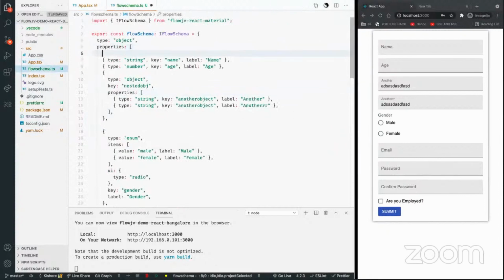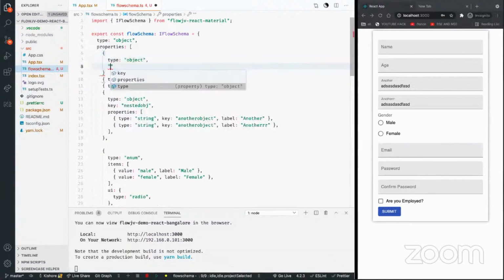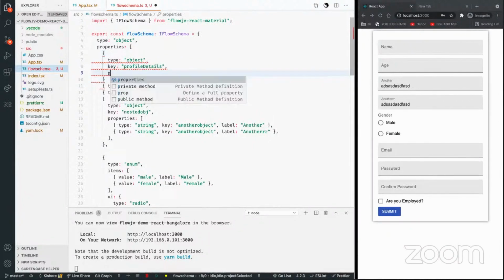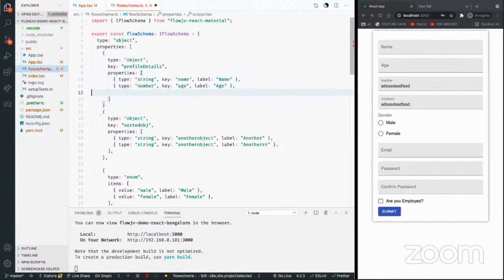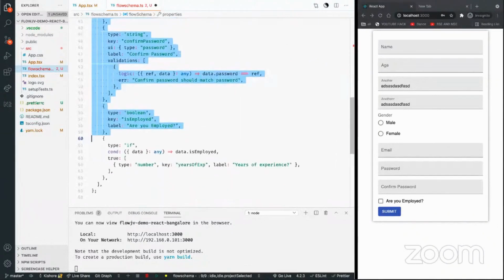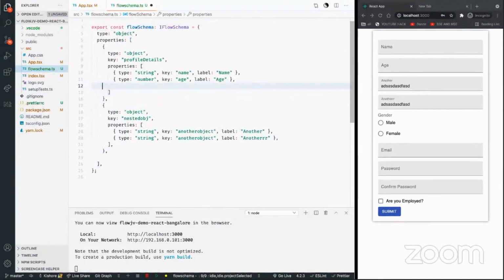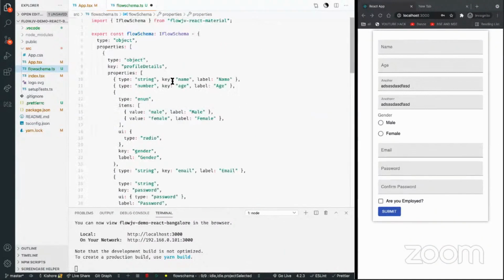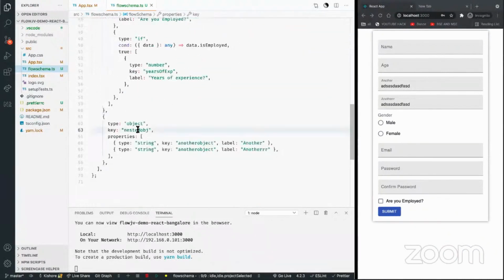Now, if I define all the rest of the objects in profile information, I would like to have all the profile details in this object, and the properties are going to be, so these are all the properties of the profile information. These are all profile details, and this is another nested object.